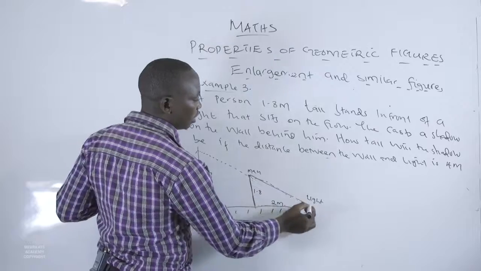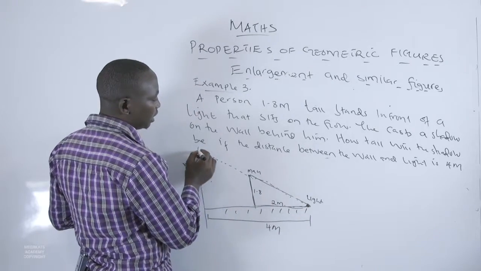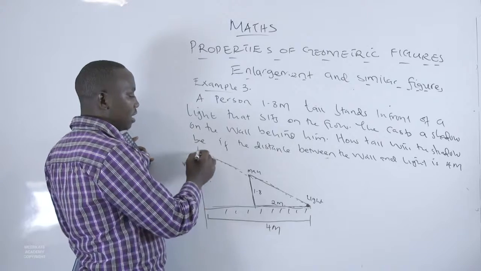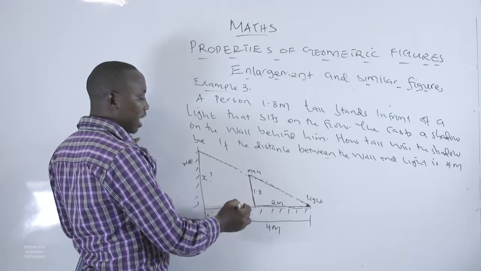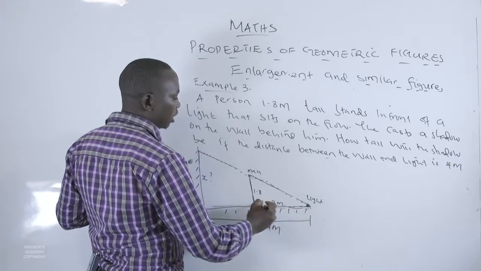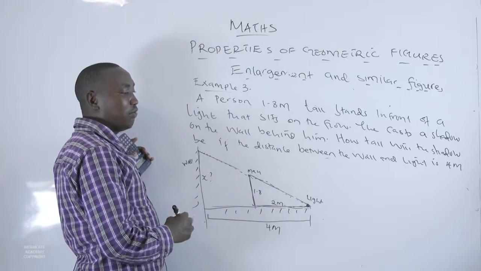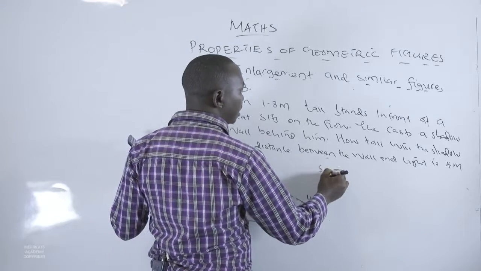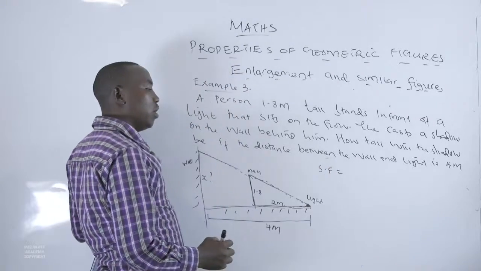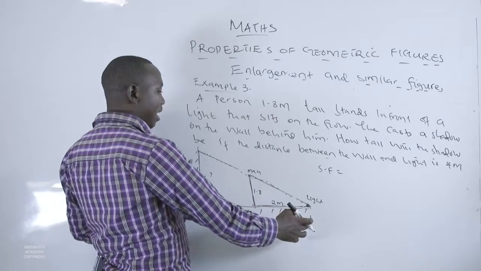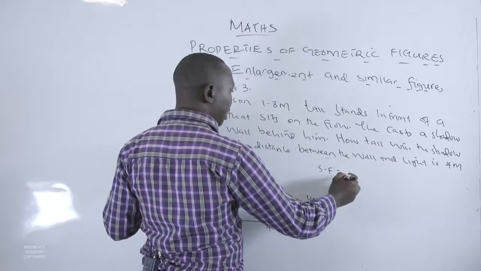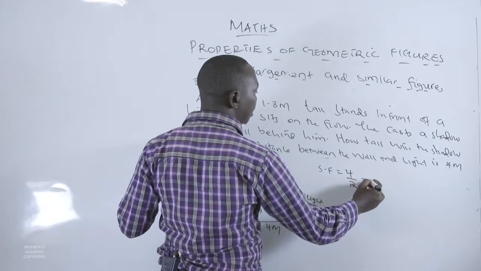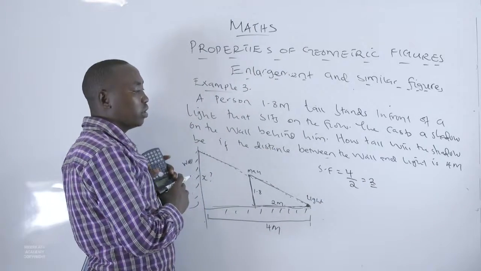We have this triangle, which is similar to this other triangle, and this side corresponds to this side. The wall of this corresponds to the wall of that. That means that to get the scale factor in this case, you take the image distance, which is 4, over the object distance, which is 2, and that will give you 2